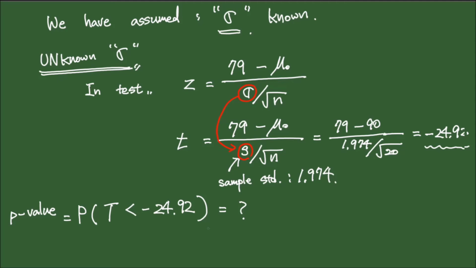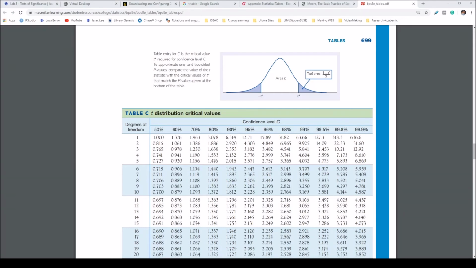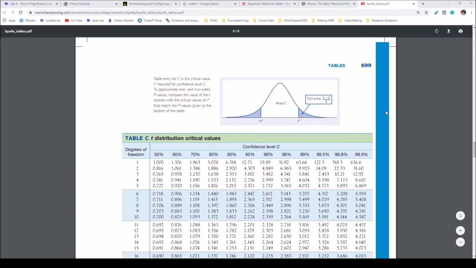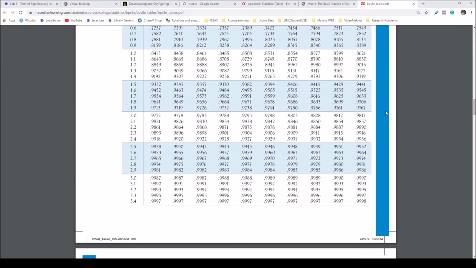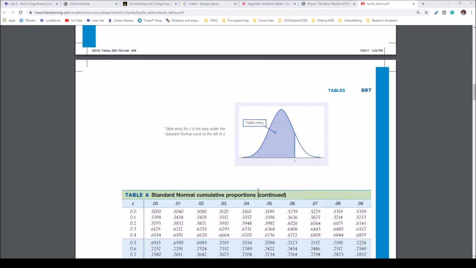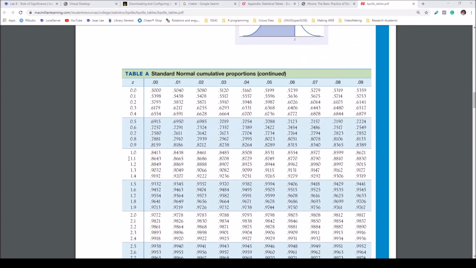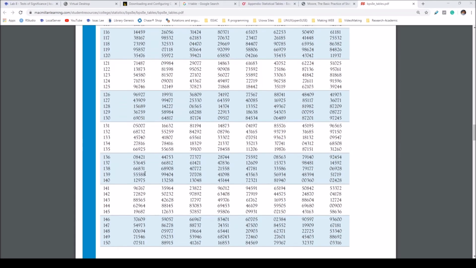To calculate this probability, you should know how to read a t-table instead of a standard normal table, okay? Which looks like this. This is our textbook table, and before we had the standard normal table that looks like this. We have negative numbers here, right? Oh, positive numbers here, and then what?